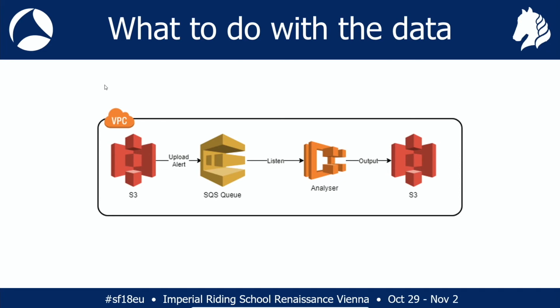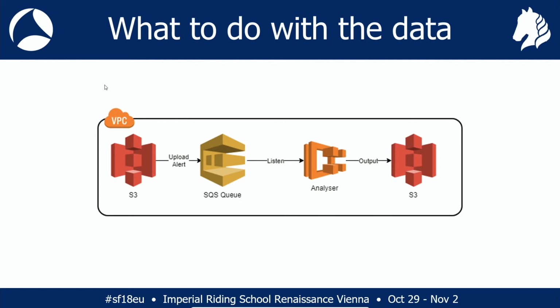And this is where alerts come in. So we've got our S3, and at this point we're going to configure an alert to another service in the middle there. We're all about the services here, called SQS. SQS stands for Simple Queue Service, and if you're familiar with enterprise message buses, this is basically what that is. You're sending a message to a service, and any subscribers to that service, slightly different here, will work on that.